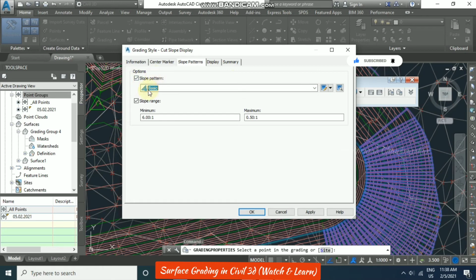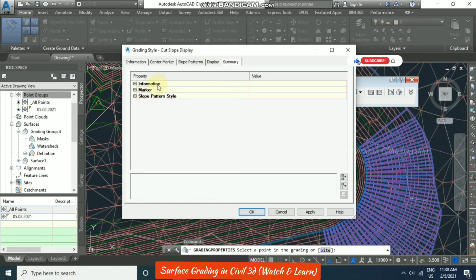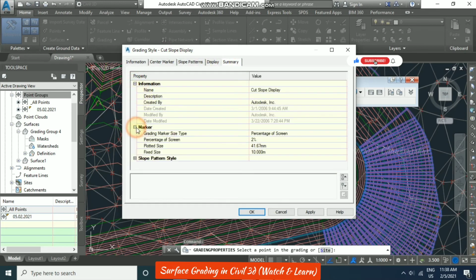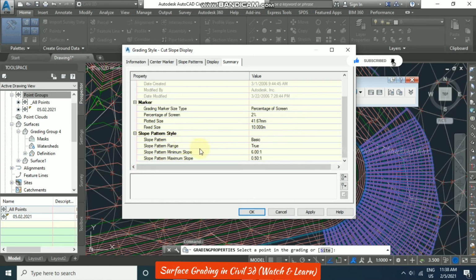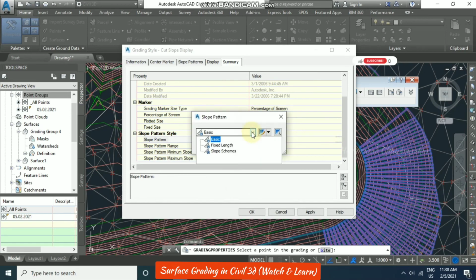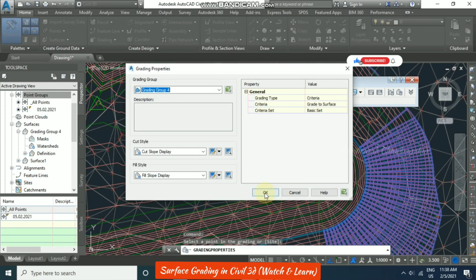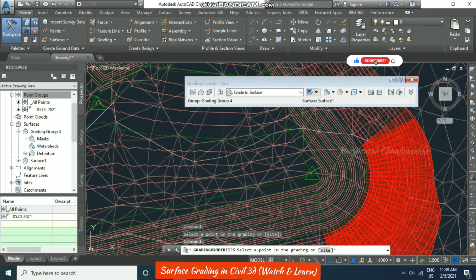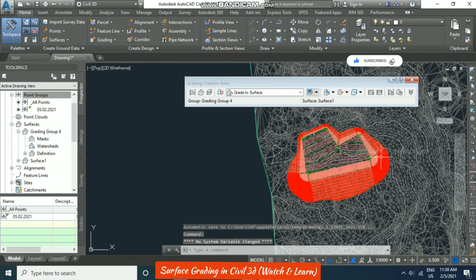If you want some slope pattern and ranges, we can put them here, and then the information and the summary of our grading. From here also we can select, so depending on that we will get the display, right?